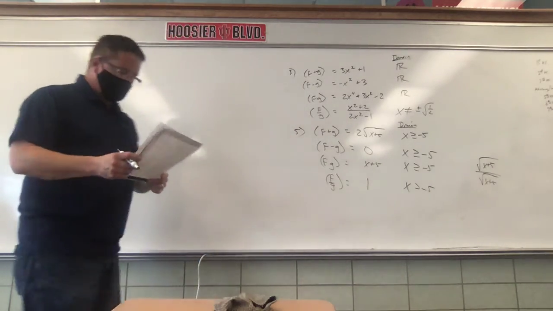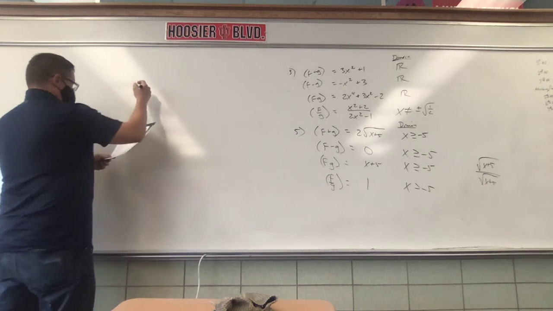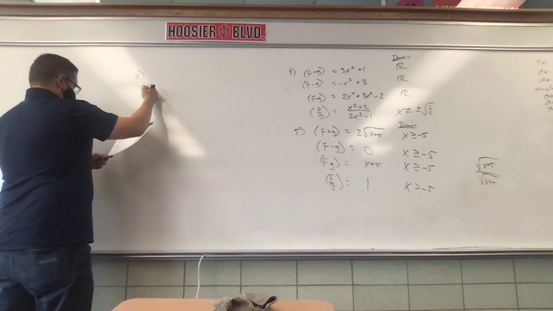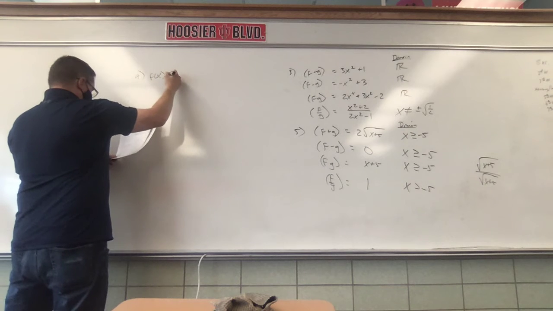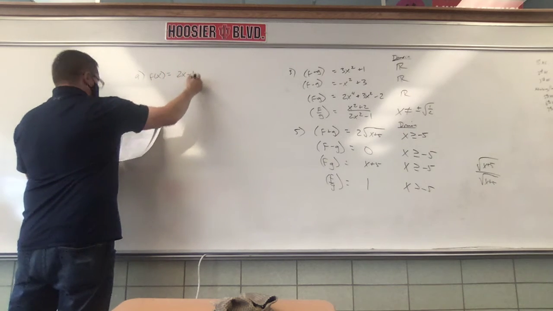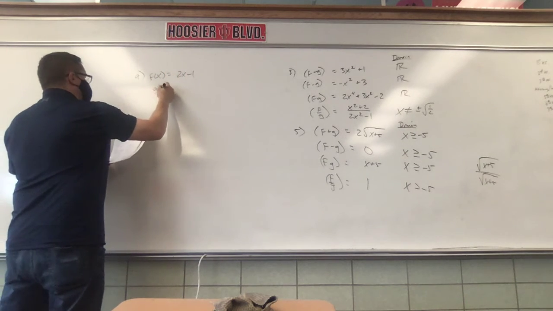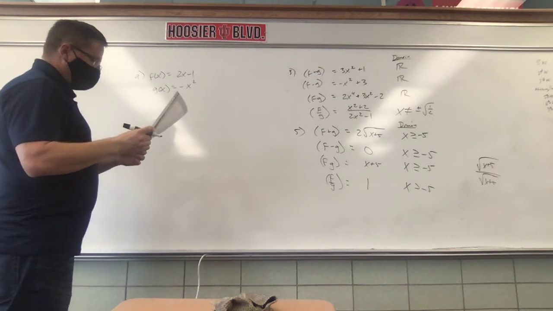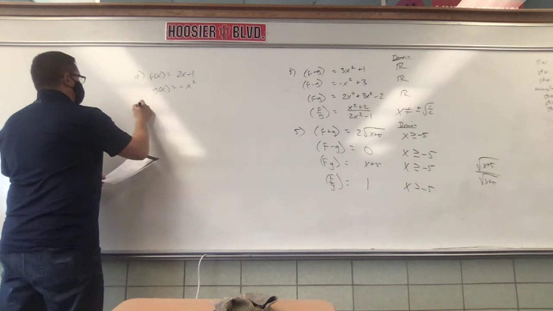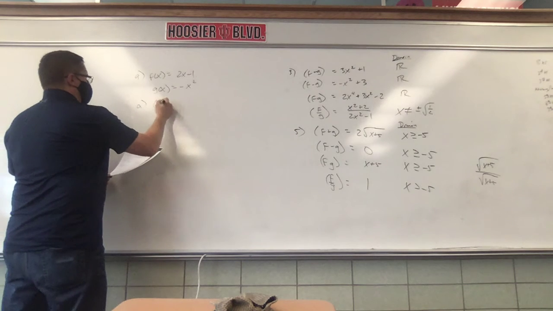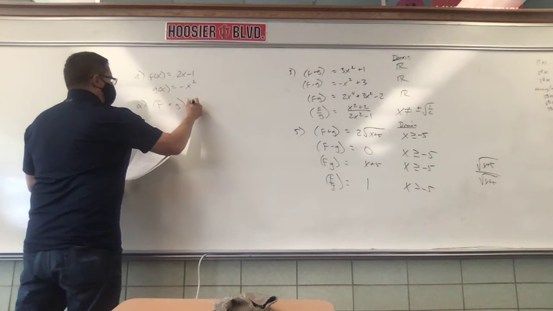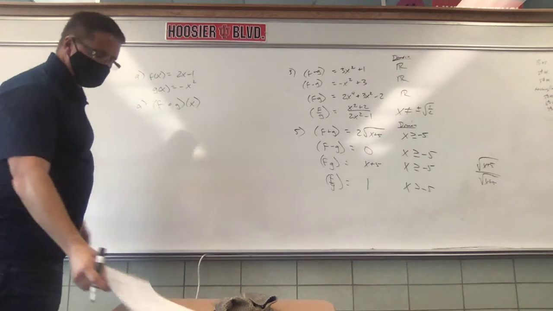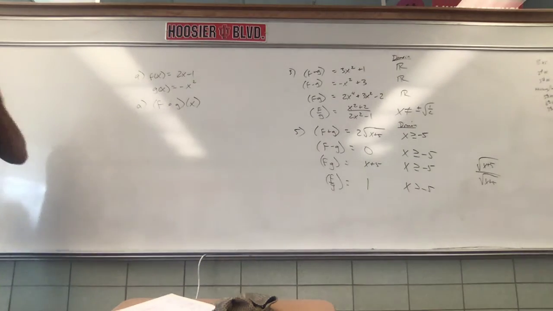Okay, so they give us two functions, okay? Number 9. F of x equals 2x minus 1, and g of x is negative x squared. Okay? All right, and they ask us on part A, F follows g of x, okay? All right, so